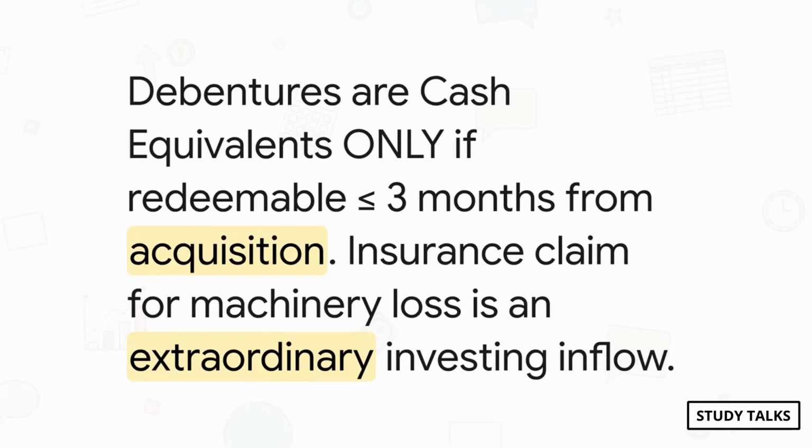See how these tiny little illustrations test huge concepts? Illustration 2 just hammers home that date of acquisition rule we talked about. It's all about how quickly you can get your cash back from the moment you bought it. And illustration 3 is a great reminder. The insurance claim follows the asset. Machine is an investing asset, so the cash inflow from the claim is also an investing cash flow. And bad debts written off, that's a classic non-cash expense you'd add back when using the indirect method.